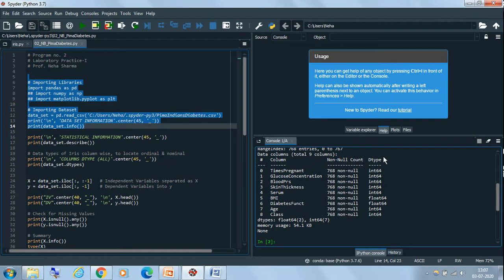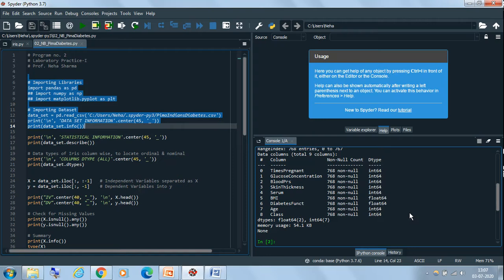The last column in the output is dtype, the data type of the respective column. Most of the features are of type int, and only BMI and diabetes function are of type float. So that is all about the display of data set information.